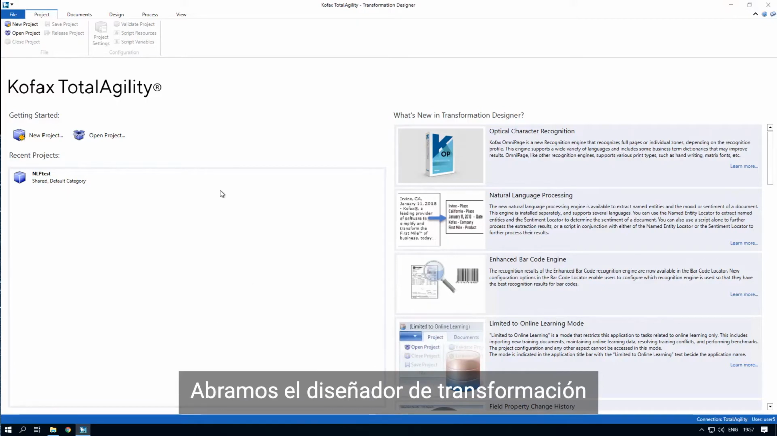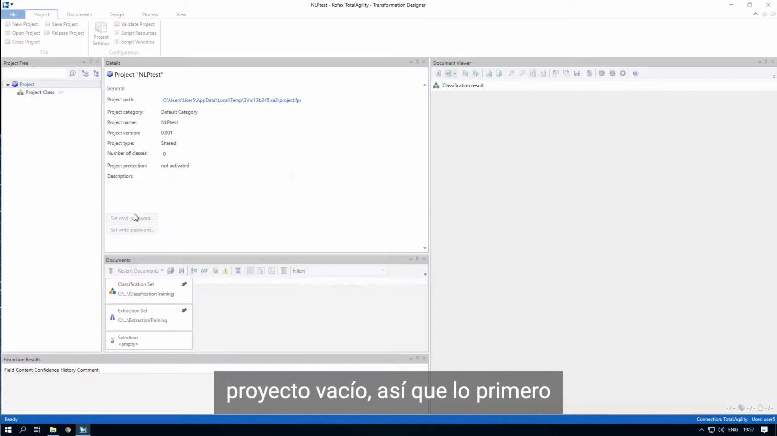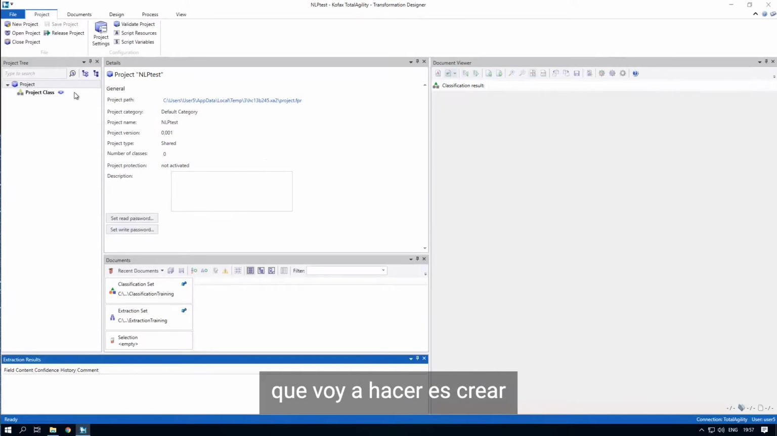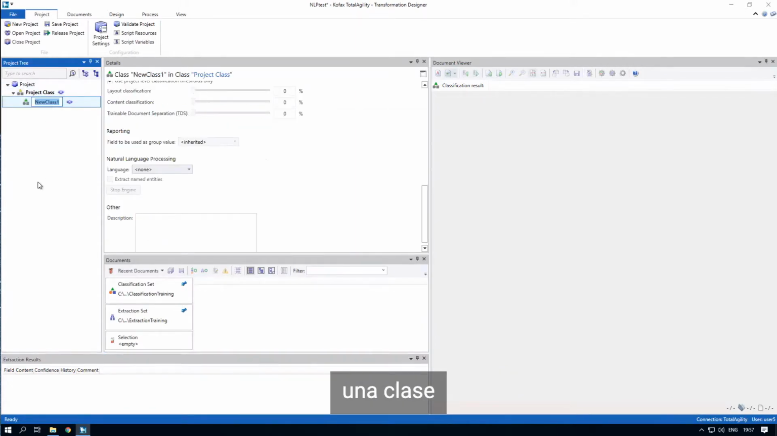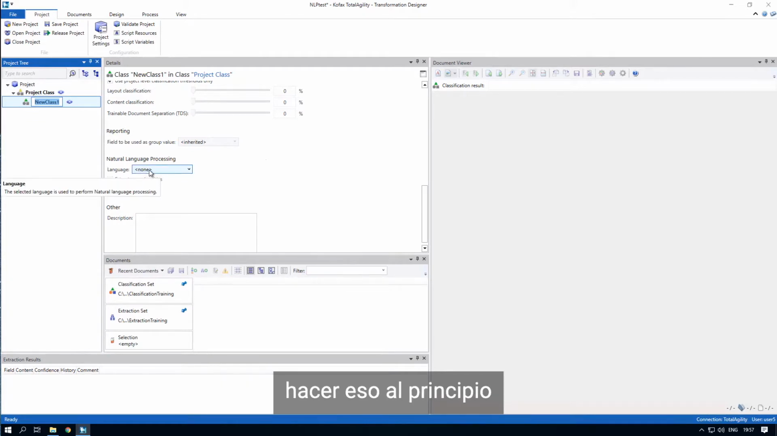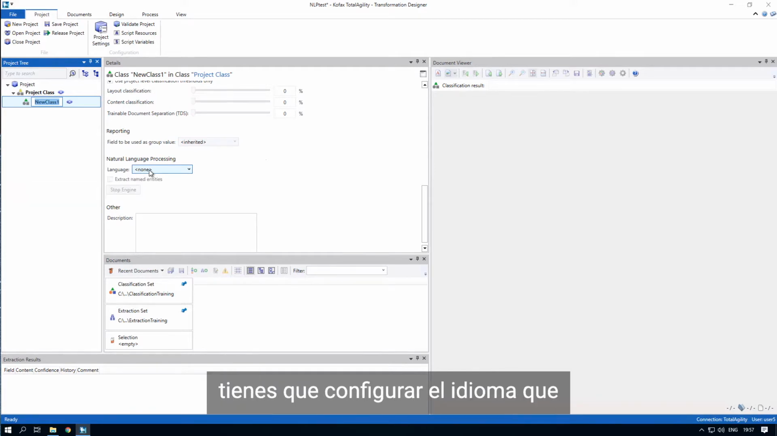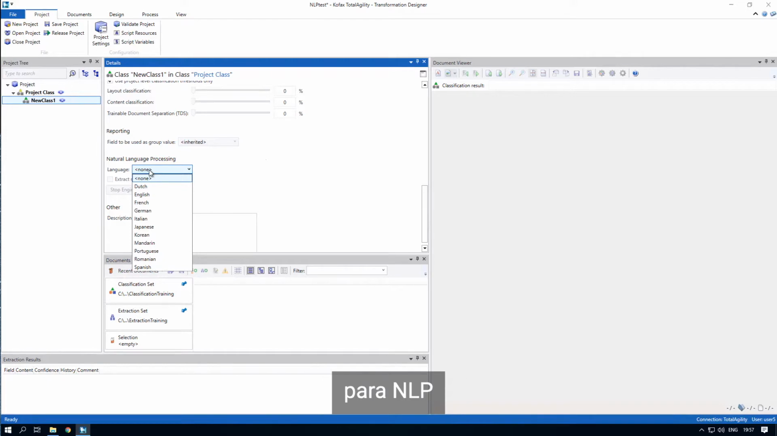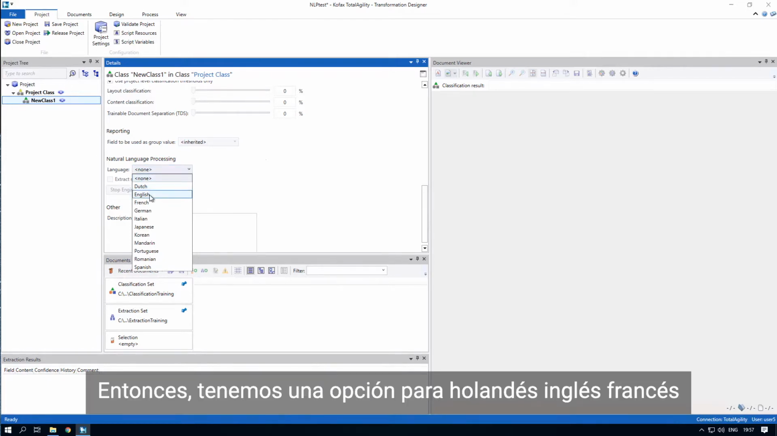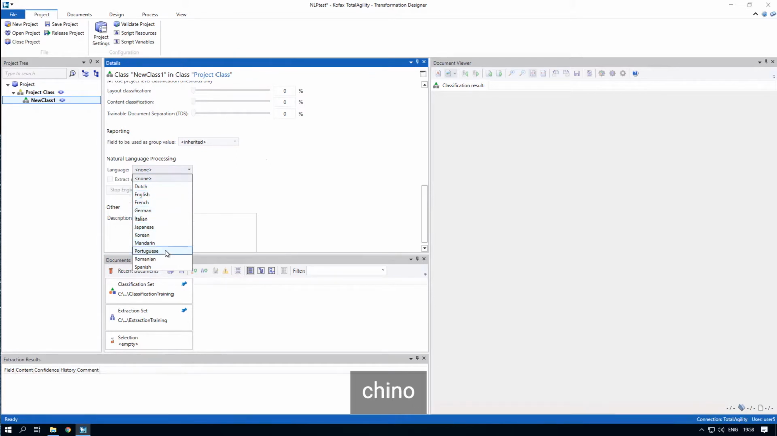So let's open up the Transformation Designer, and I've got an empty project here. So the first thing I'm going to do is I'm going to create a class. And now you'll see why it's important to do that as one of the very first things that you do, because on the class level you have to configure the language that you want to, well, NLP, so to say. So we have an option for Dutch, English, French, German, Italian, Japanese, Korean, Mandarin, Chinese, Portuguese,